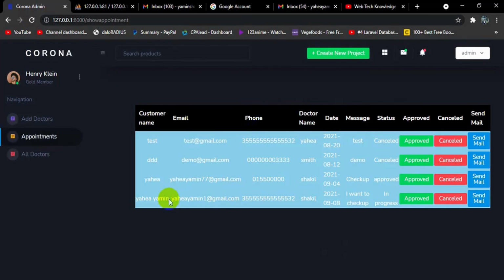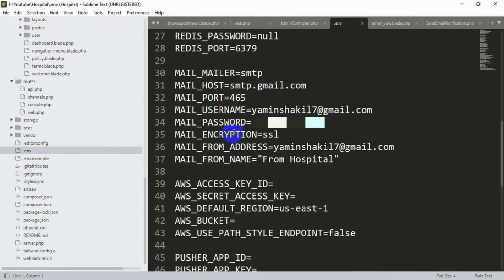And let's say we want to send an email to this email address. But before that, I just want to mention one more thing. If you go to our .env, you can see that we have our mailer equal to smtp. We already set up our email over here. So in order to send email notification, you need to set up your .env mailer option over here. So you can see mailer equal to smtp, mail host equal to